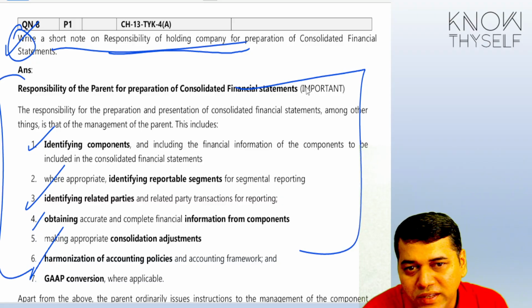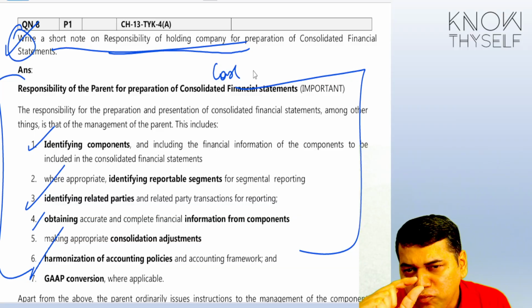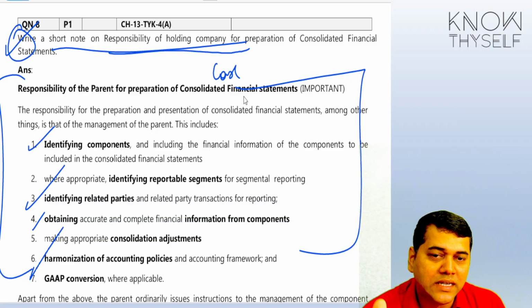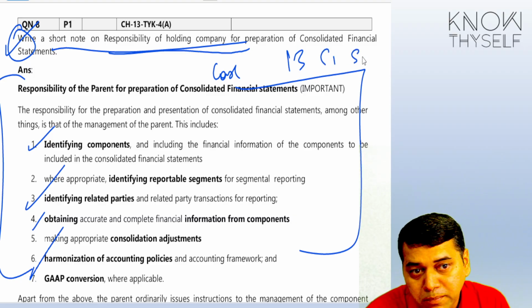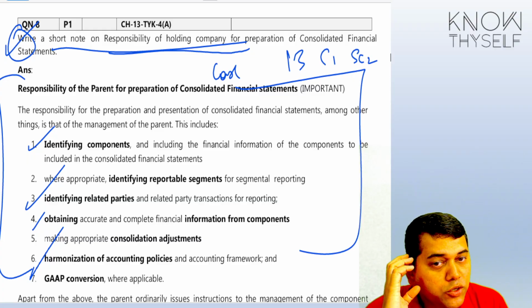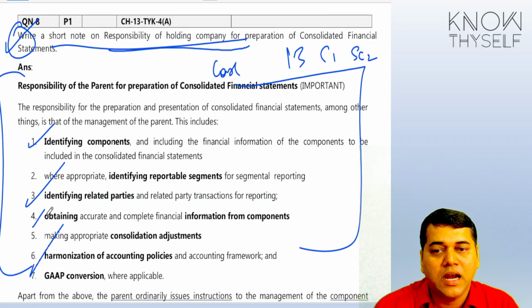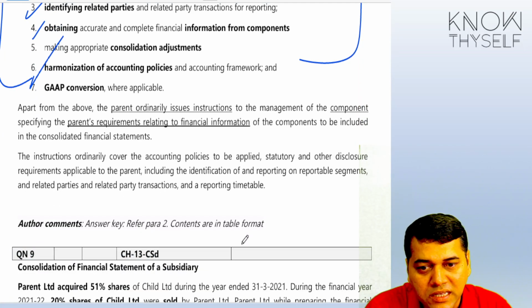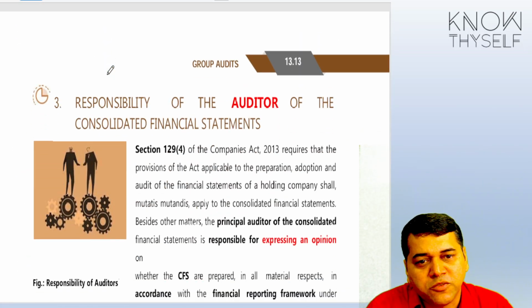The question looks very simple. That's why they are going to give a case. Somewhere they will give you a hint that they are talking about chapter number 13, concept number 1, sub-concept number 2. That's what you need to figure out, and then you have to write about this response. And they have given you a picture also, with the color. Yes. Then, what is the responsibility of the auditor?